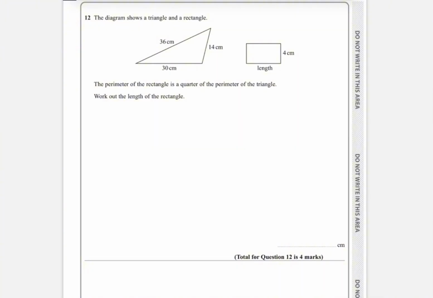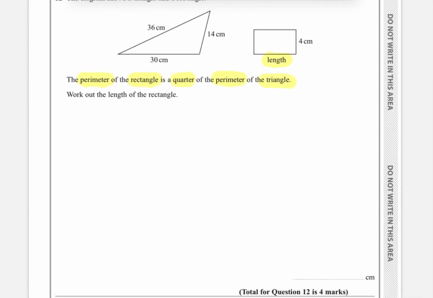So there are a couple of things to note in this question. It tells us that the perimeter of the rectangle is a quarter of the perimeter of the triangle. So we know we're working with perimeters, and it wants us to find the length of the rectangle, which is here. So we're just going to establish the formulas for the perimeter of a rectangle and the perimeter of a triangle. So we know the perimeter of a rectangle